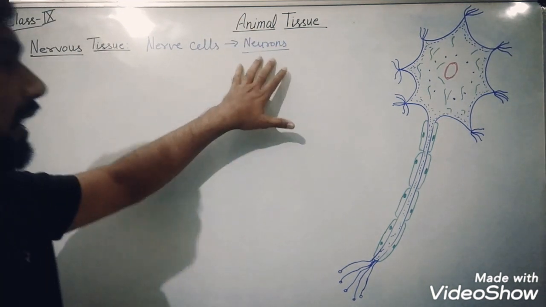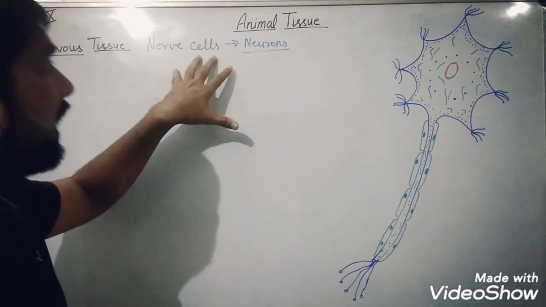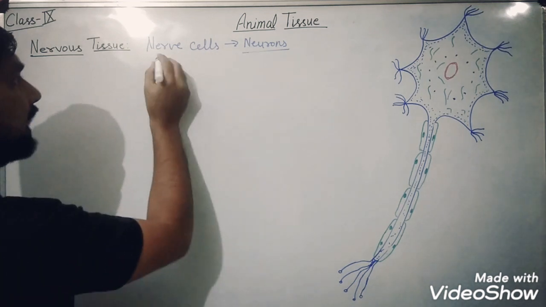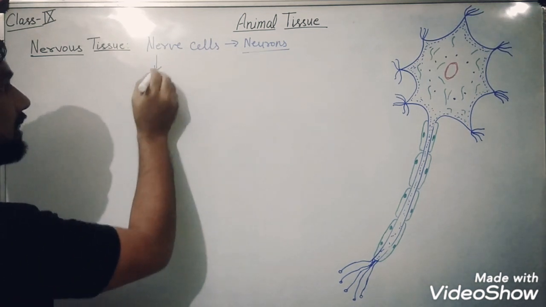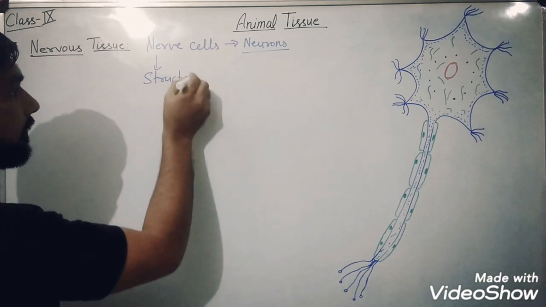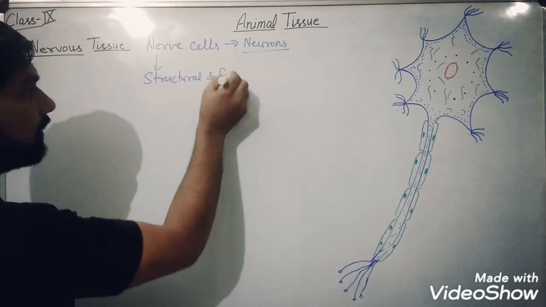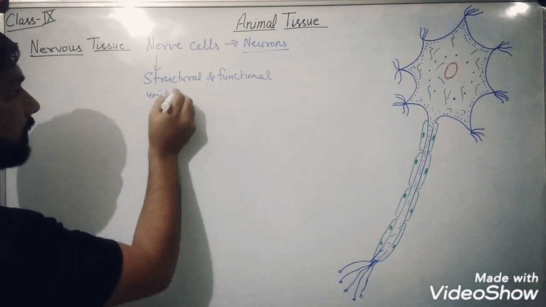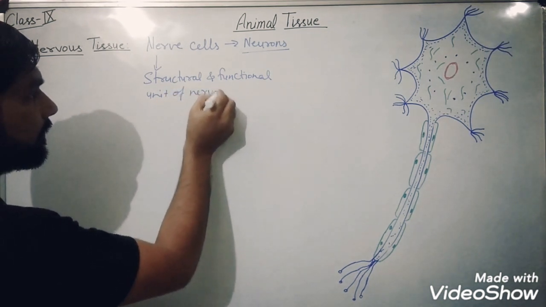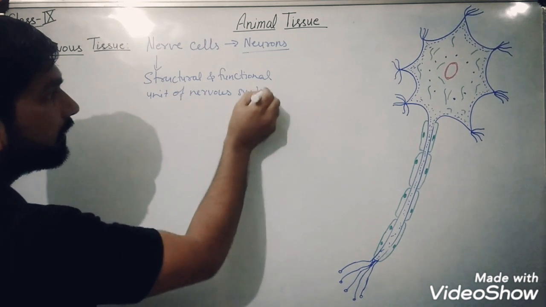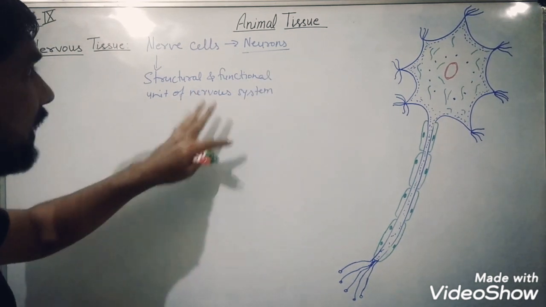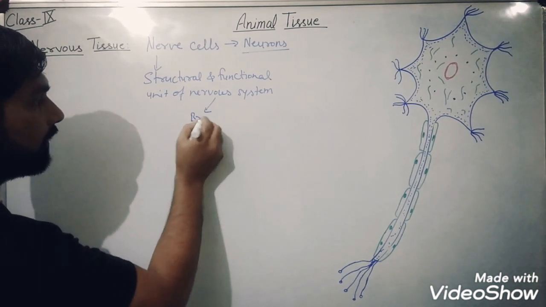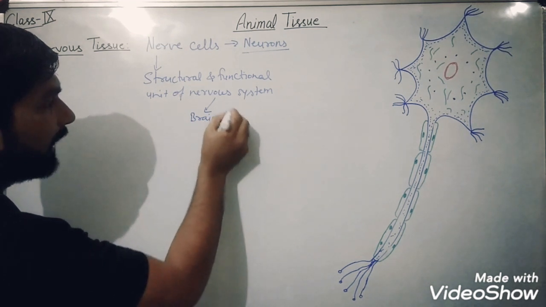Neurons, or nerve cells, form a tissue known as nervous tissue, and these neurons are the structural and functional unit of the nervous system. Our nervous system mainly consists of the brain, spinal cord